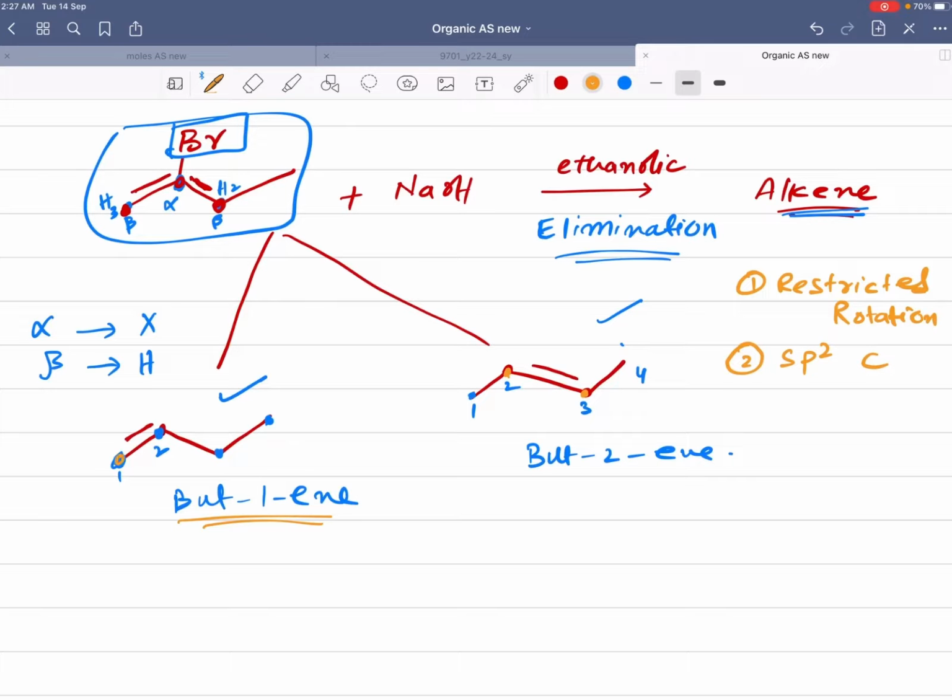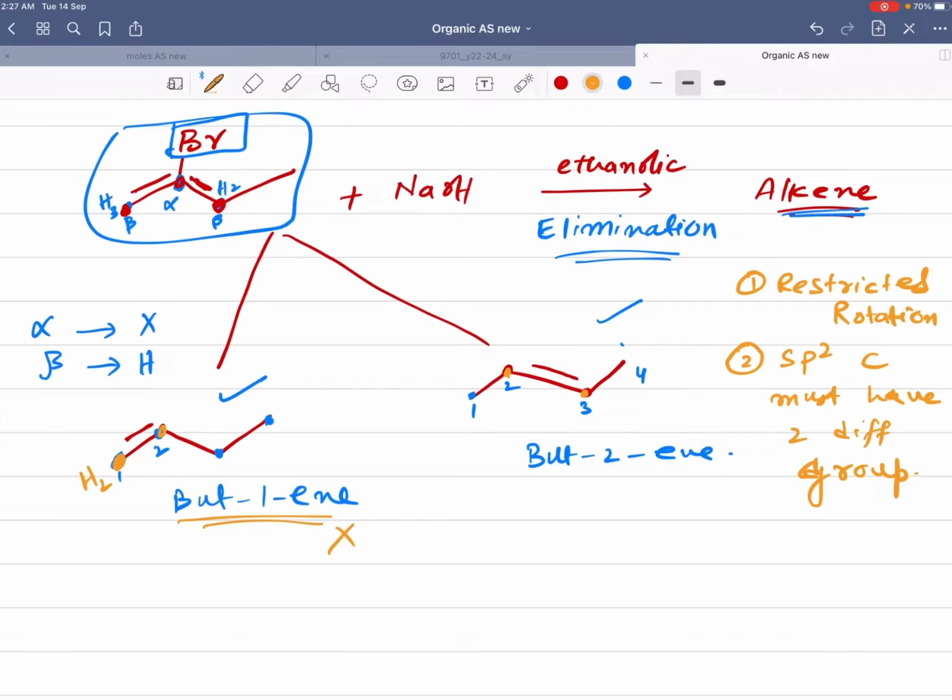But the other condition is that the double bonded carbon, or the sp2 carbon, because the carbons which are making double bonds are sp2 hybridized, so the sp2 carbons must have two different groups. They must have two different groups. And as you can see, this carbon has two hydrogens. So both groups are the same. That means it would not have any geometrical isomers.